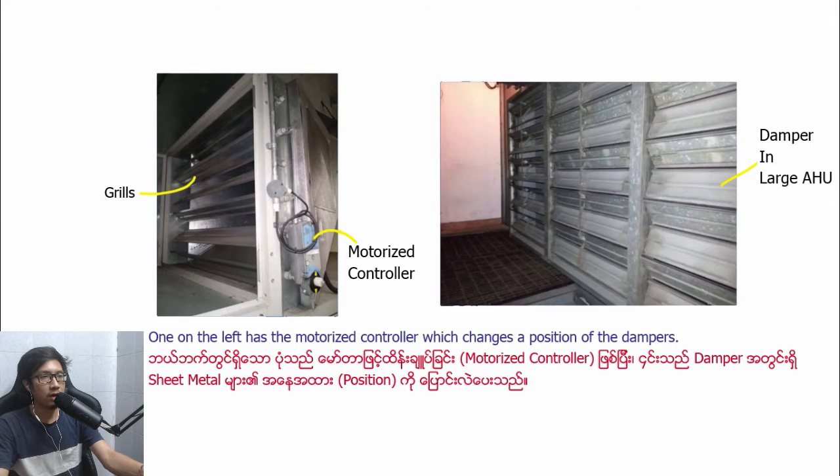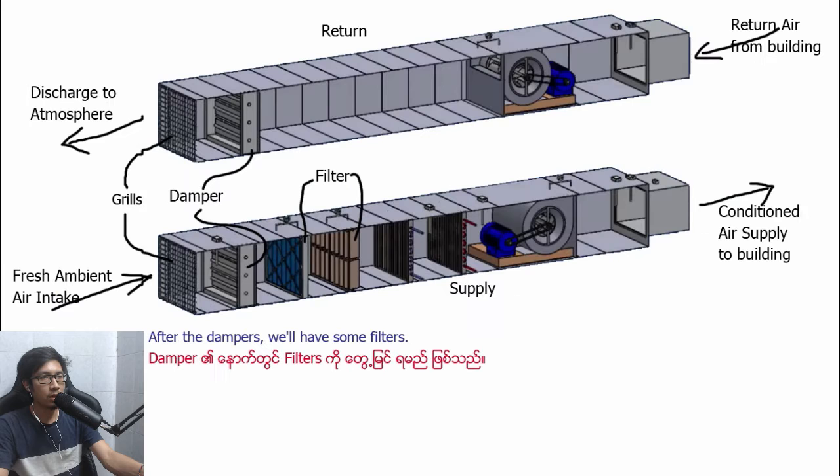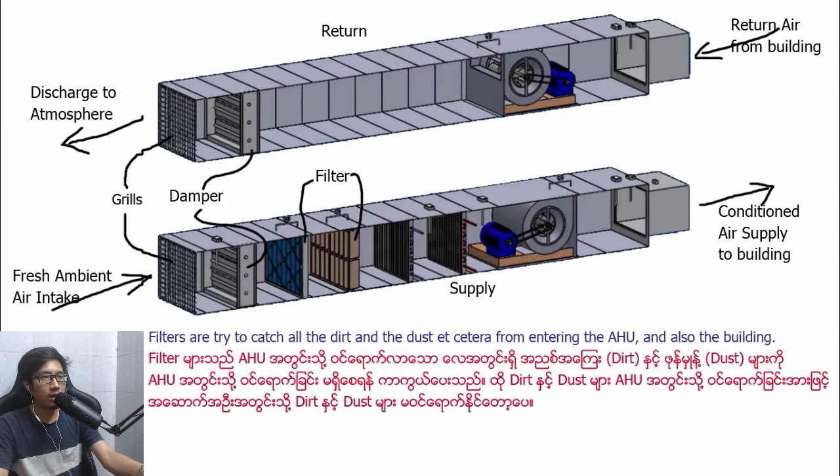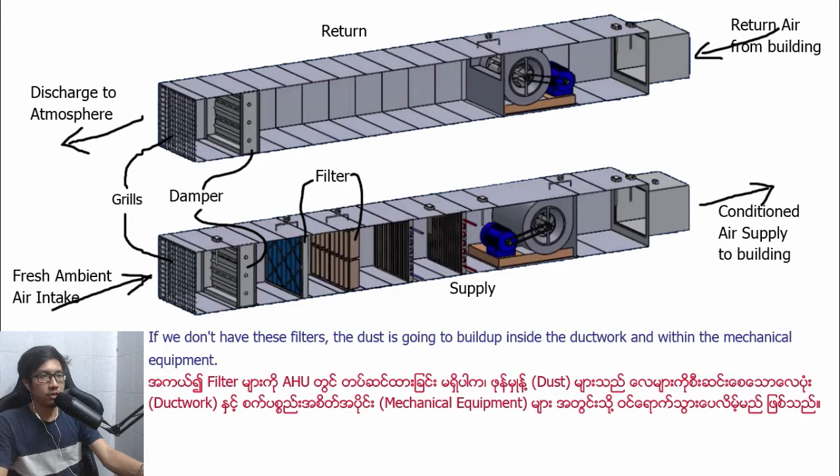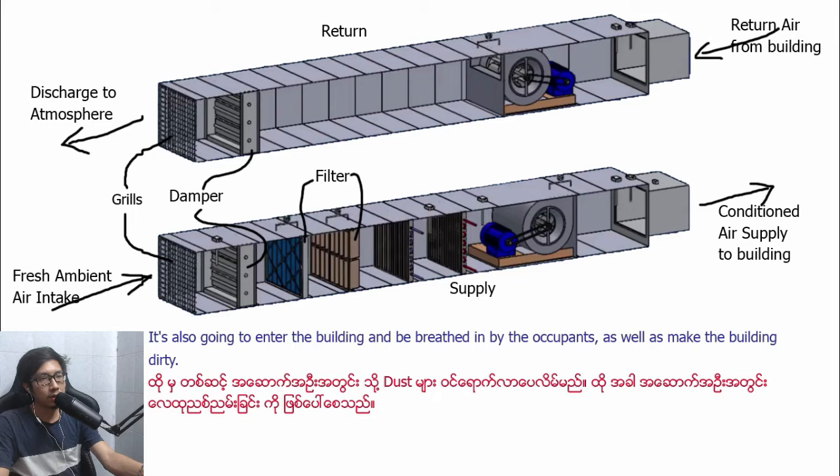The one on the left has the motorized actuator which changes the position of the damper. After the damper, we have some filters. Filters are trying to catch all the dirt and dust from entering the AHU and also the building. If we don't have these filters, the dust is going to build up inside the ductwork and within the mechanical equipment. It's also going to enter the building and be breathed in by the occupants, as well as